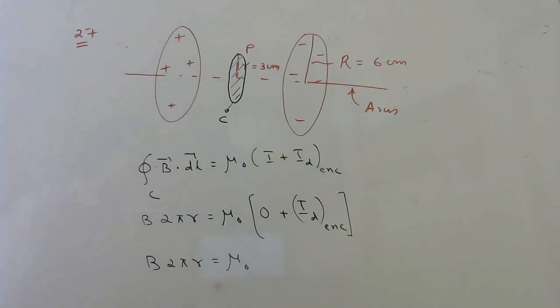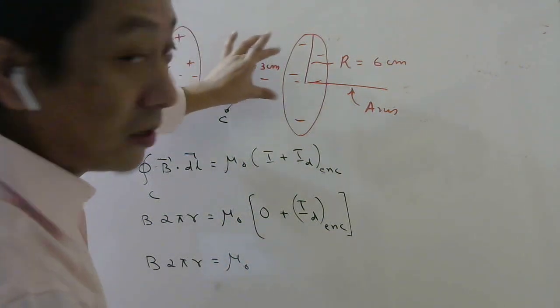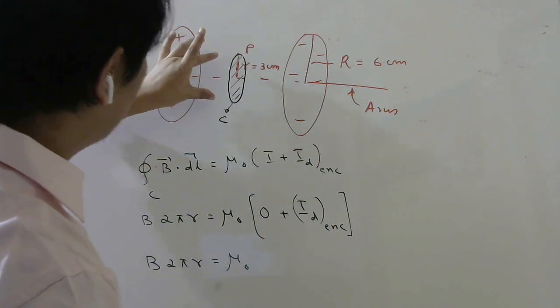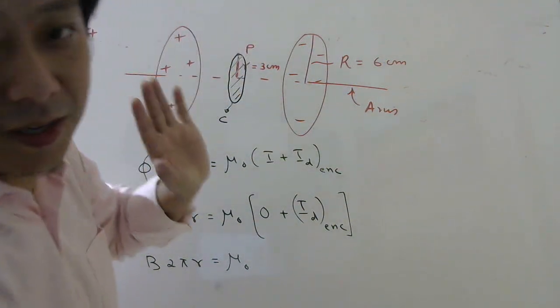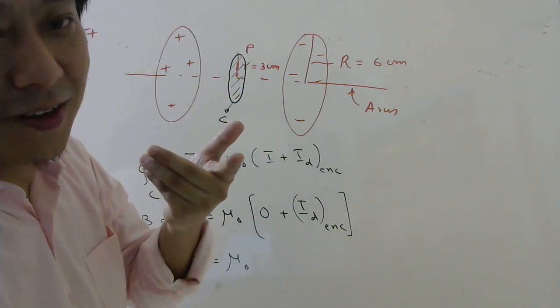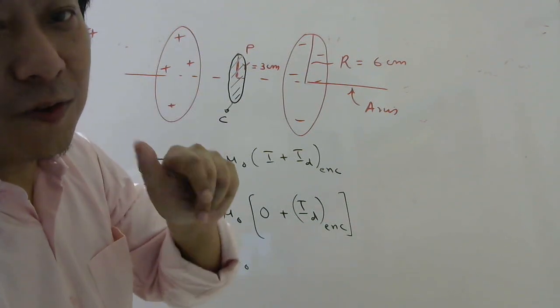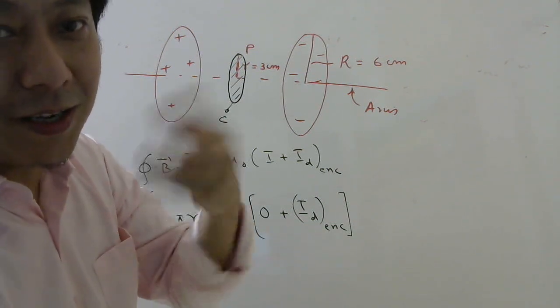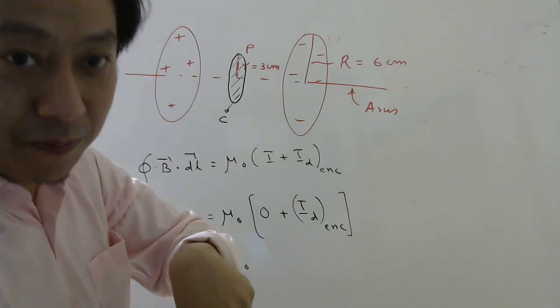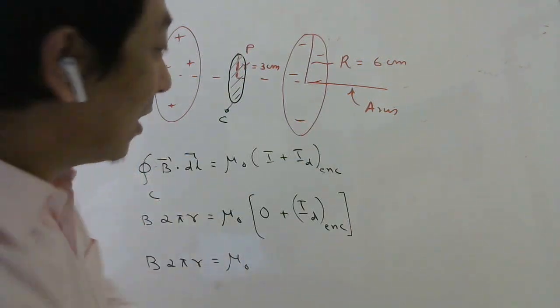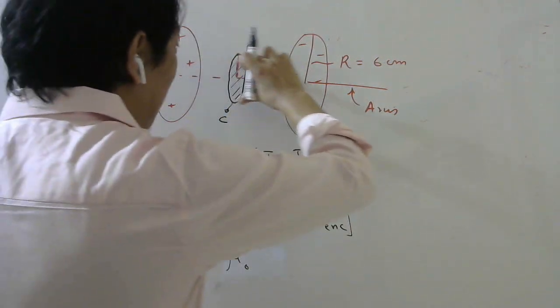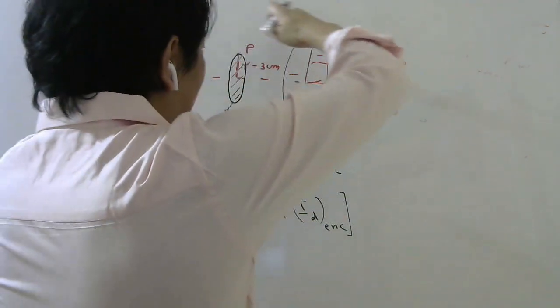Now, how to find the current passing only here? Displacement current I am talking about, only here. Simple, use the unitary method. How to find the price of 2 apples if you know the price of 10 apples? Divide the price of 10 apples by 10, then multiply with 2 apples. So I want current through this area, and I know the current through this area.